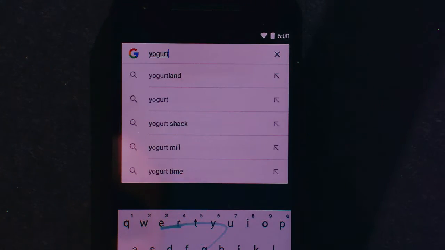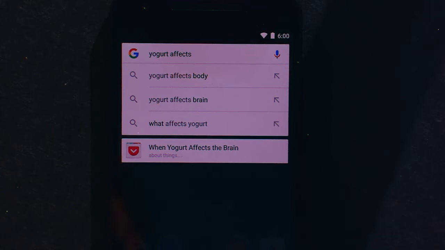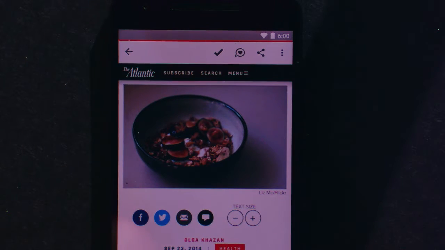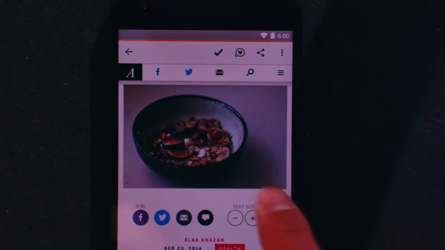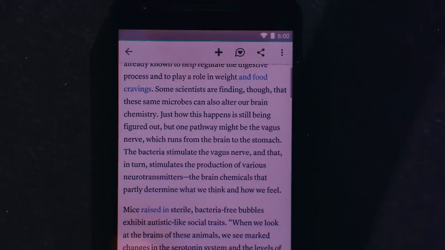I love eating yogurt for breakfast. The other day, I started reading an article called How Yogurt Affects the Brain, that I never finished reading, but I did save that one in Pocket. Now if I want to go back to it, all I have to do is type in part of the title, and we can tap on it. It goes right into the app, where I can then go ahead and read it on my way home tonight. Thank you, Fabian. Sorry for the technical difficulties.